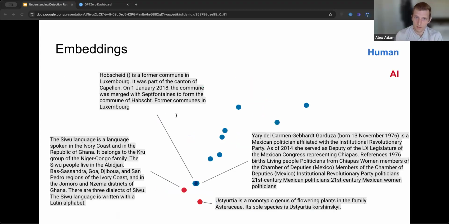Now, if you zoom in on this, we can see that the AI-generated texts, which are being misclassified as human, are actually quite similar to the nearby human texts in that they all have this distinct Wikipedia style. And typically with more training data, such an issue can be resolved.